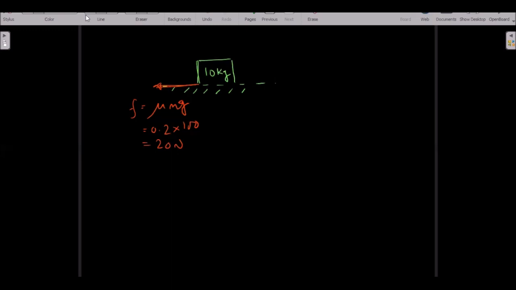So now if you think about the block, this is a 10 kg block they have set. So what is the friction that will act on the ground? f will be equal to mu mg. So that is 0.2 into 100, that is equal to 20 Newton. What is the external force acting in the rightward direction? That is equal to 50 Newton.